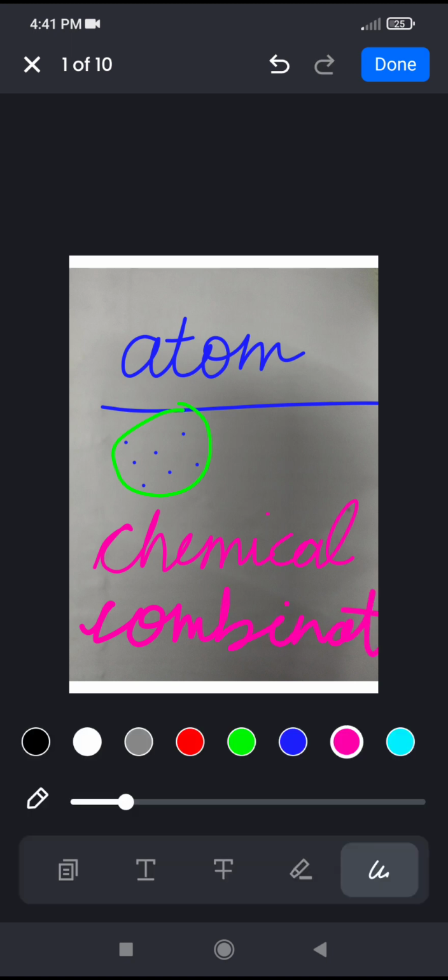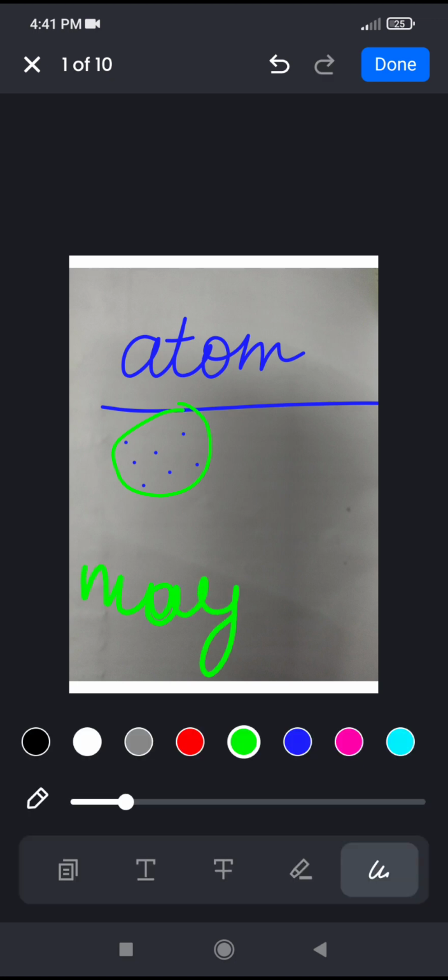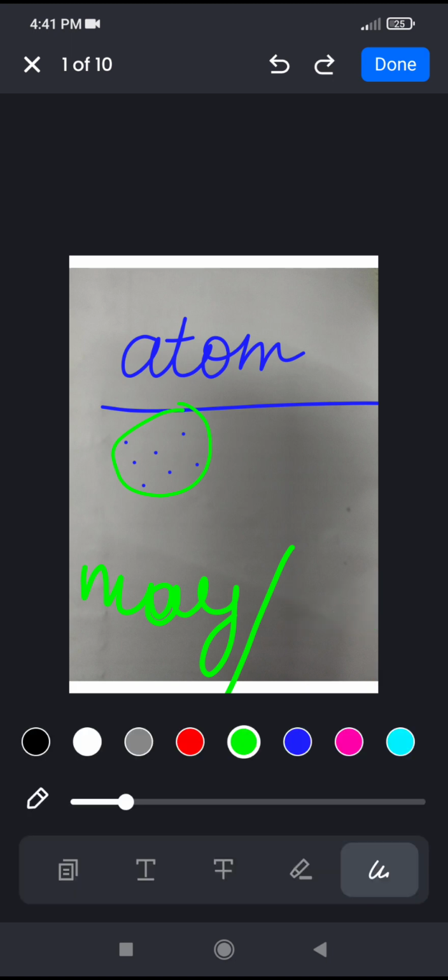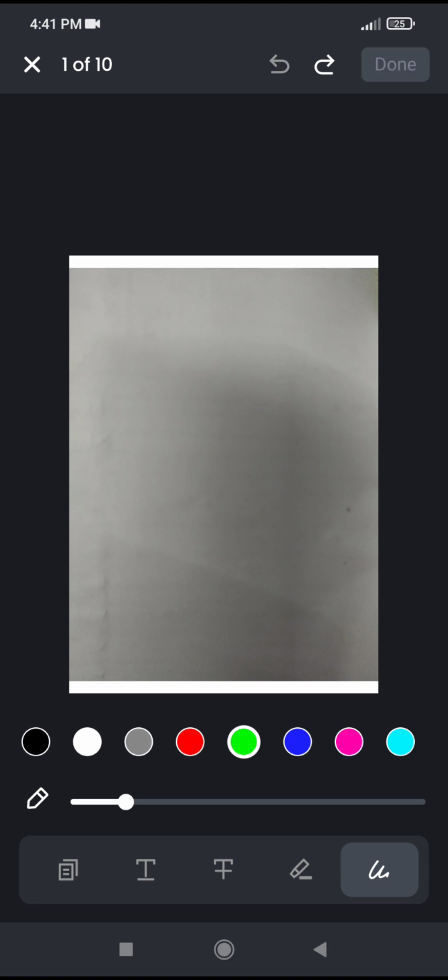They can take in chemical combinations, but it is not sure. It may or may not happen, 50-50. They may or may not exist. Okay, but if we are talking about molecules,